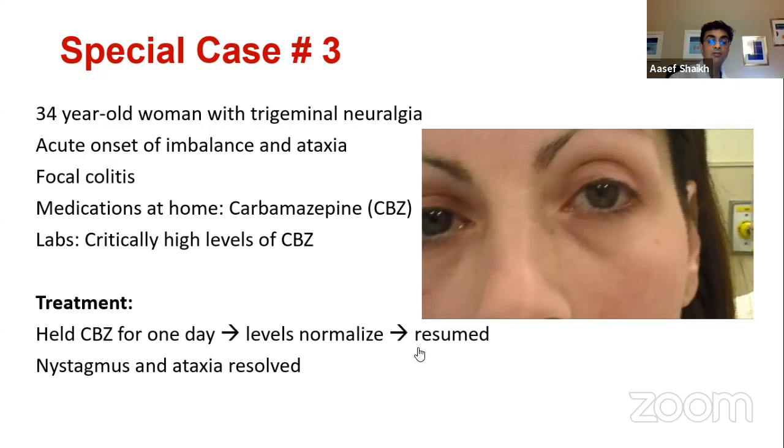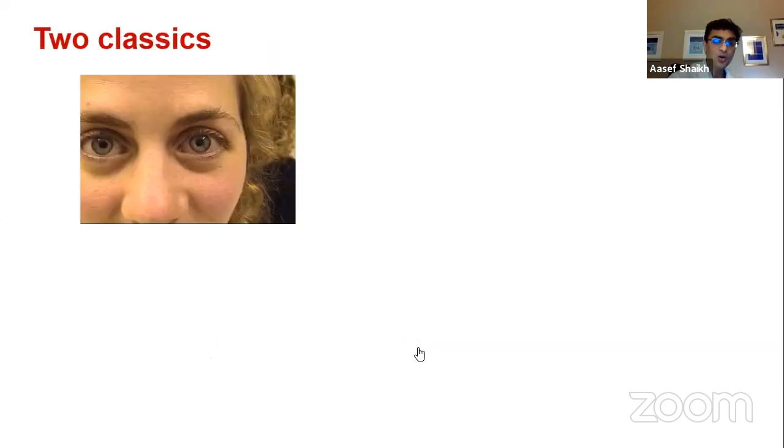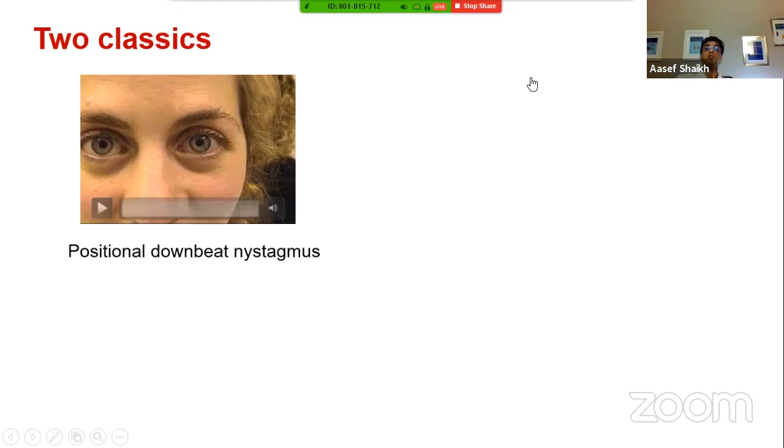So whenever you have a patient who comes with acute onset of nystagmus or acute onset of ataxia, and if the patient is on an antiepileptic, it is very important that you check the levels of your antiepileptics because they can very frequently cause this acute onset of sporadic nystagmus. Two classics. So one patient had downbeat nystagmus only present when she was